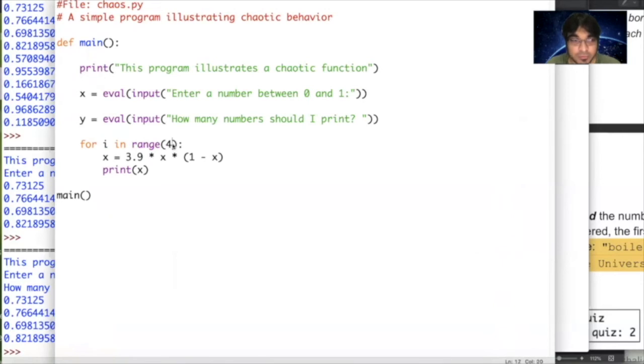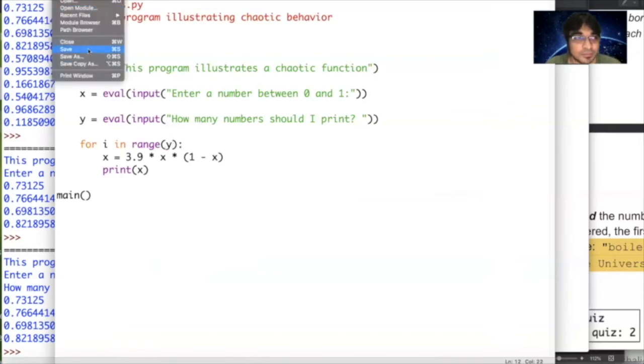Because over here, you see that we never changed the range of the loop. So the number of iterations the loop will run is still 4. But we don't want it to run for 4 times. We want it to run for the number of times the user has inputted. So we want that not to be a constant number, but a variable, which is y in our case, because that's where we are storing that value. So we just change that to y.